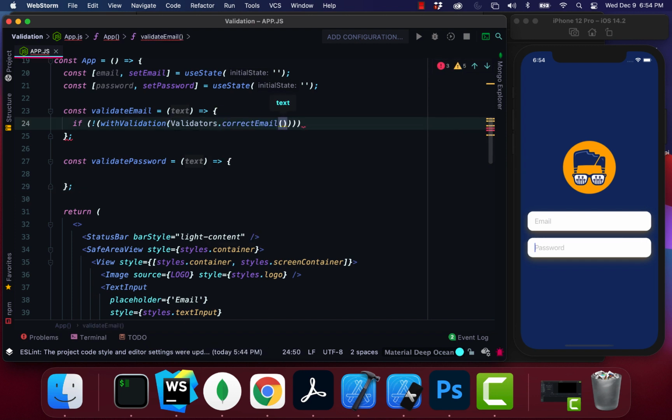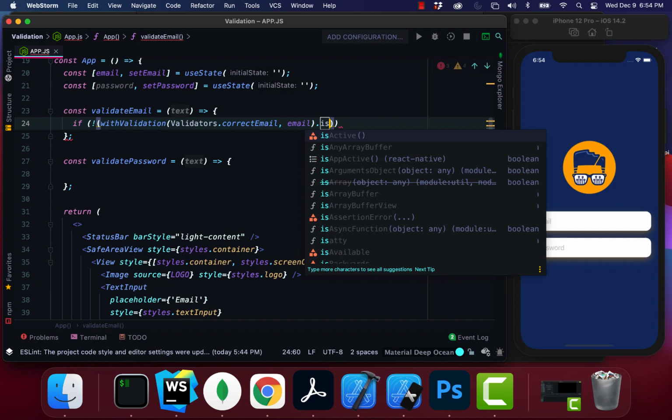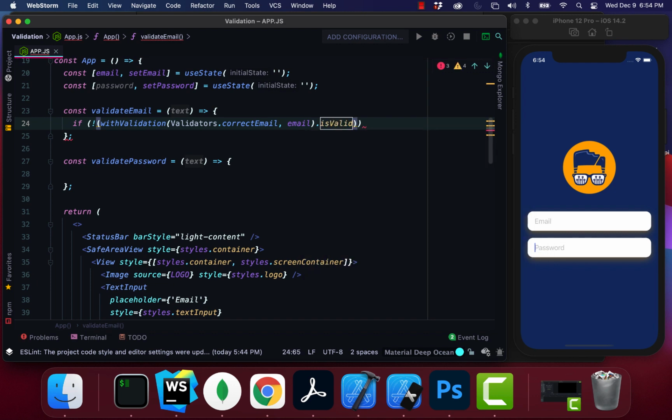So validators with correct email, and remember we have to pass in our values, so we have to pass in our email. Dot is valid. So if this is false, it turns out that it's not valid,